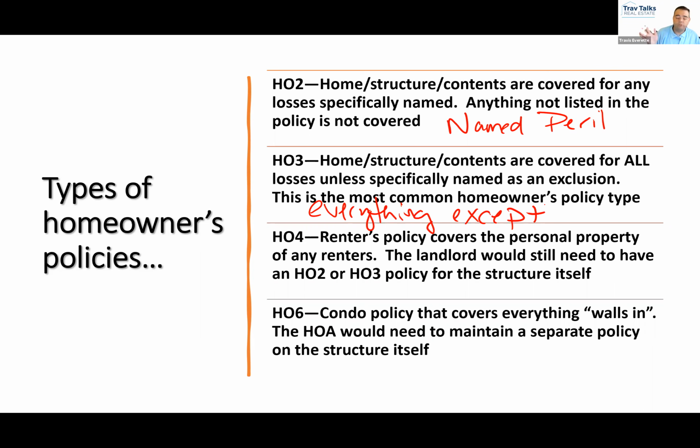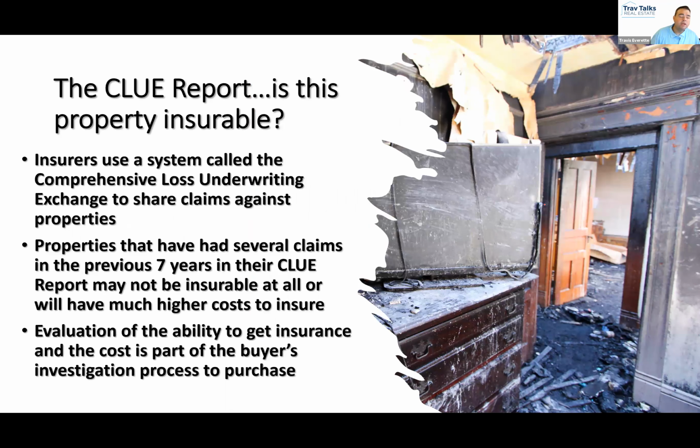Condo policies are a little different. You don't need to know the HO6 part. Just know that condo policies are different because they don't cover the structure. They cover walls in. Because again, when you buy a condo, what are you buying? Airspace. Just airspace. And yes, renters policies are cheap for the reason that they're only covering personal property. They're not covering the structure, and most of your major loss is from the structure if you have a major loss, a flood or something of that nature.